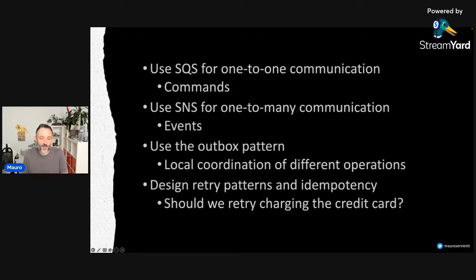Because if it was an error on our end, we will retry the message. Otherwise, we're fine, right? We will just fake the processing response. So